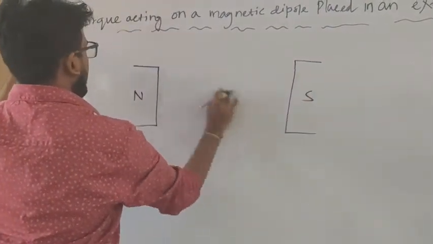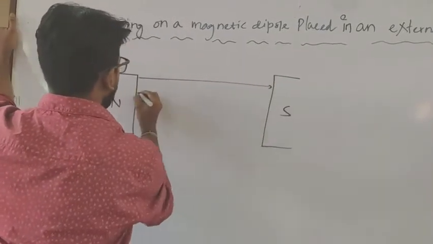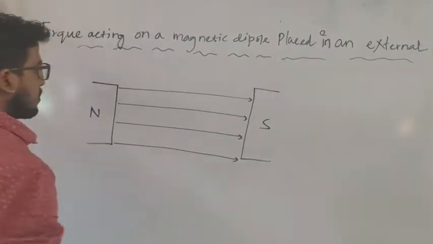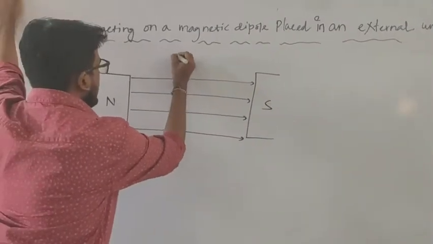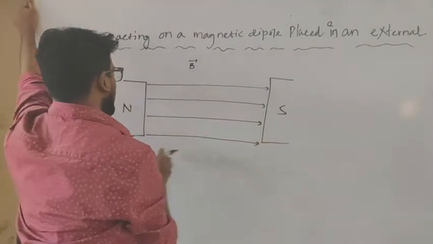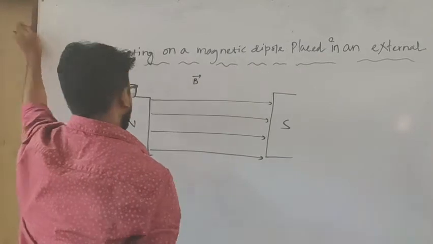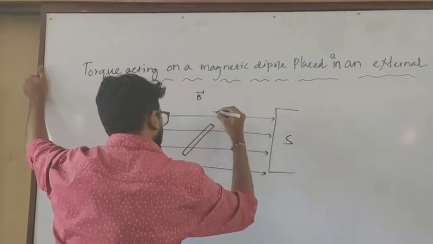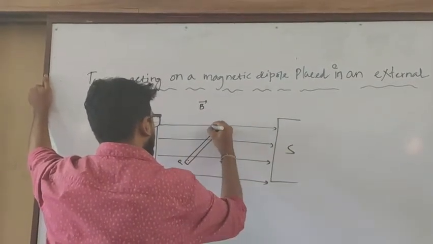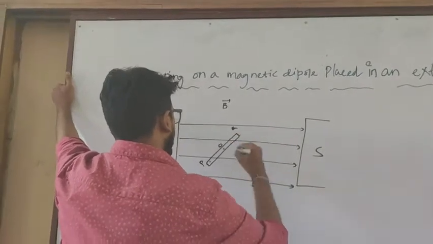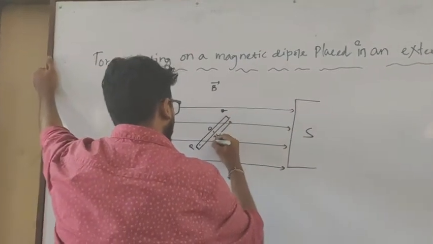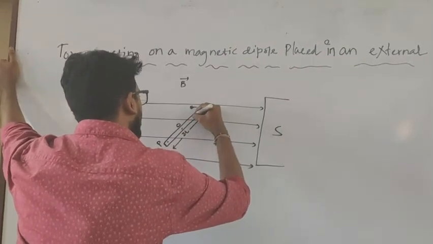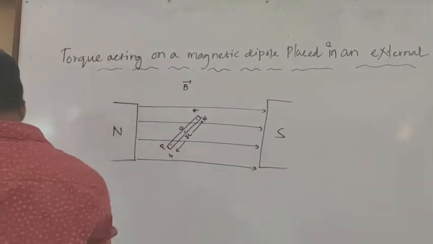As we know, the magnetic field lines of force, which are parallel, represent a uniform magnetic field, which starts from the north pole and ends at the south pole. So this is an external uniform magnetic field of strength B, which is directed from north to south, and here it's from left to right, and a bar magnet is placed within it. Let PQ be a bar magnet. O is the center of the magnet and 2L is the length of the bar magnet. At P there is the south pole and at Q there is the north pole of the bar magnet, and both poles have equal pole strength.